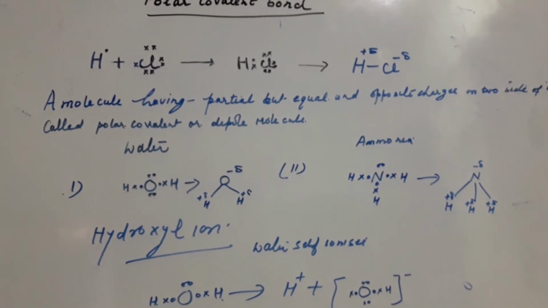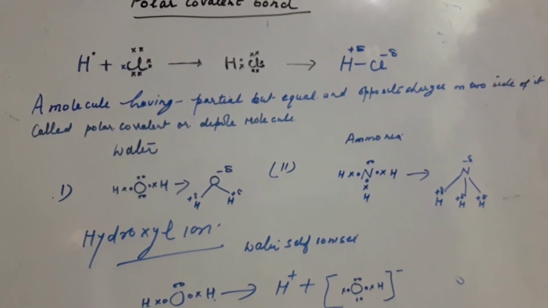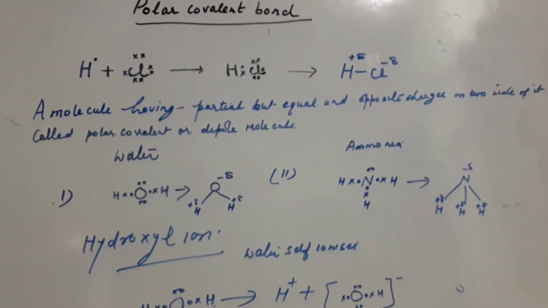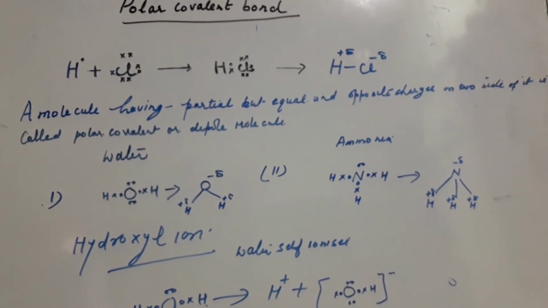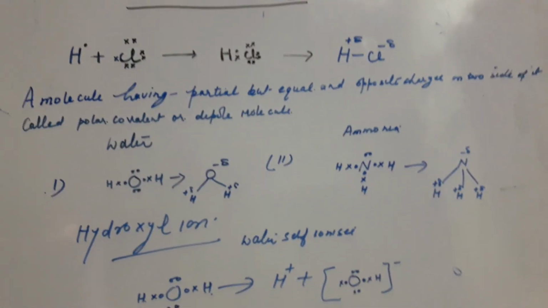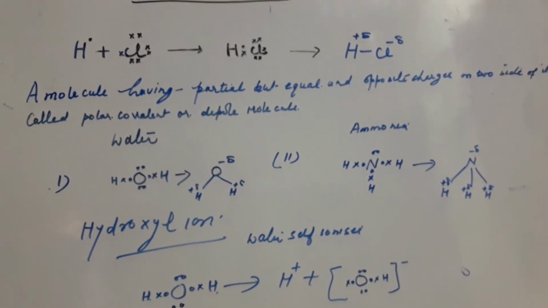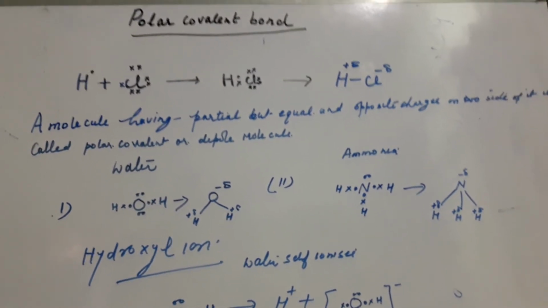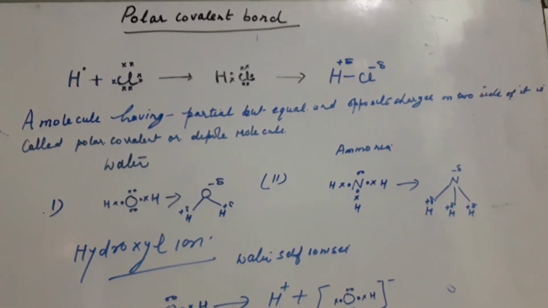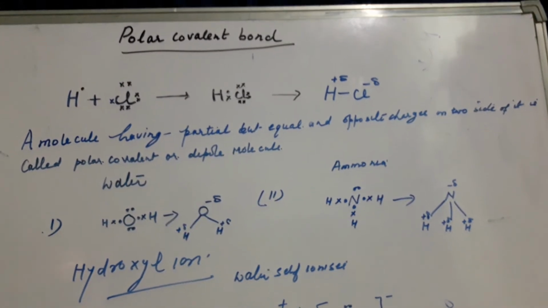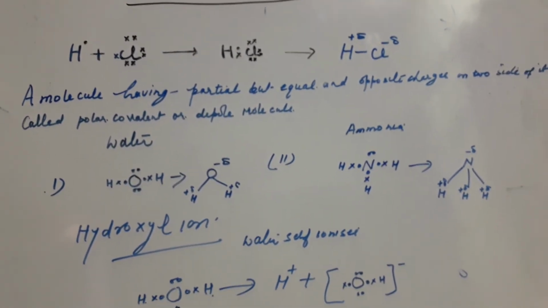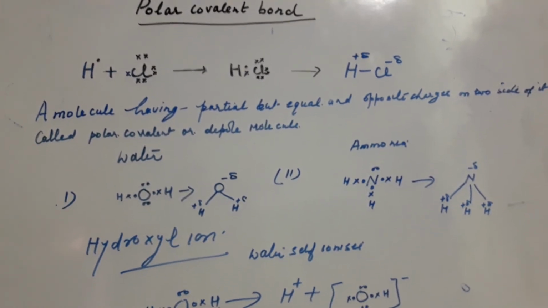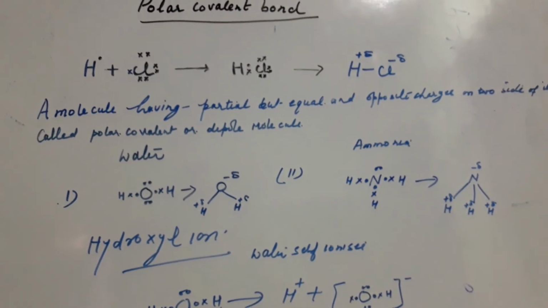Okay, like HCl and ammonia, both are gases, and when they are pure they will not conduct electricity due to the absence of ions. They don't have ions in the pure state, but when they dissolve in water both will ionize to form ions and they will conduct electricity. That is the ionic characteristic, so they have partial ionic characteristics. They will dissolve in organic solvents like any covalent compound, as well as in water like an ionic compound.